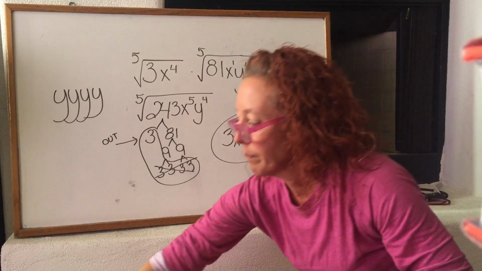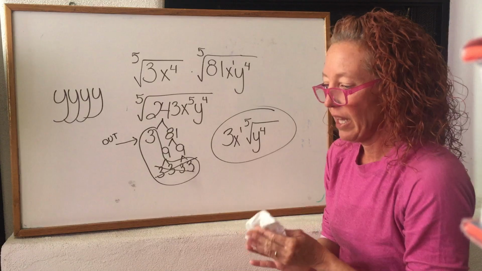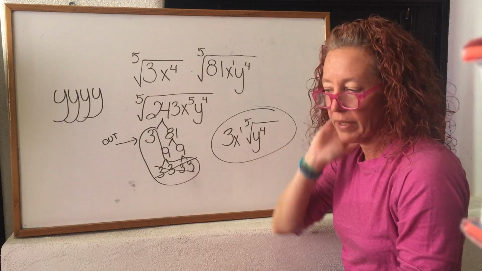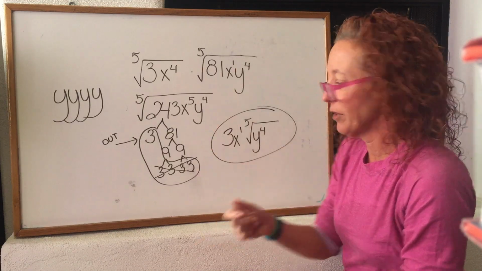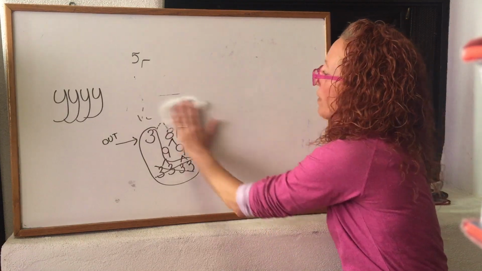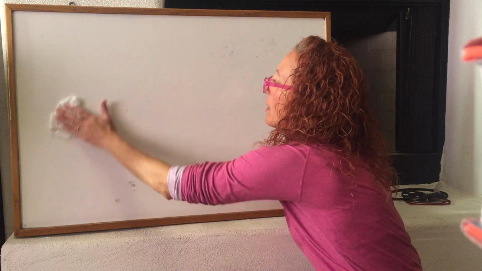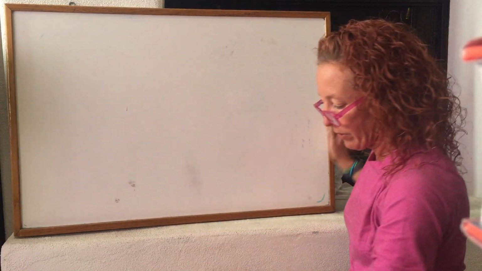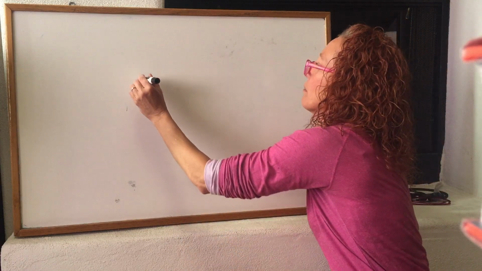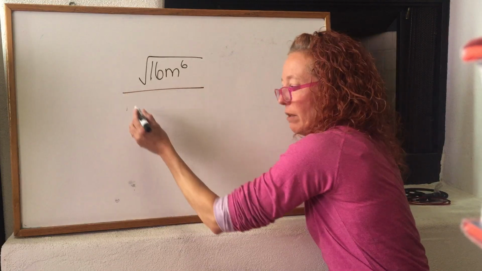Number 11. It looks like it would be more like what we just did with the 110 and 72, but this is actually just from, I think, 10.1, because everything's a perfect square. So this just kind of reminds you that when you see those perfect squares, you don't need to break it all down. You have 16m to the 6th over